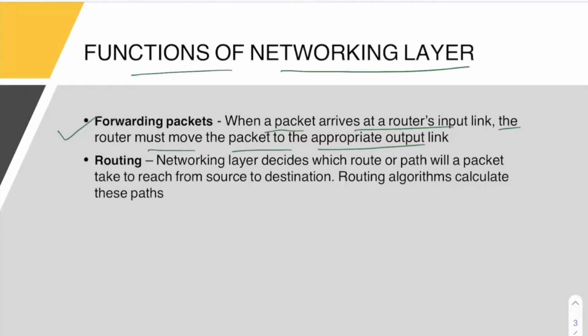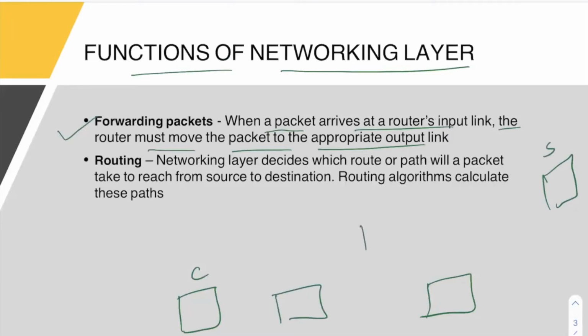So you have the router here. You will have one host here, let's say this is the client, and finally you will have some server somewhere very far away. And you will have a lot of routers in between. These will be routers, let's say R, R, R. These routers will have input links and multiple output links, and maybe multiple input links also. Similarly, all routers will have that. We will discuss more about routers in maybe a separate video.